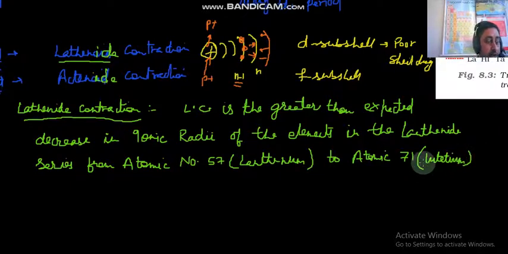Atomic number 57 lanthanum to atomic number 71 lutetium,